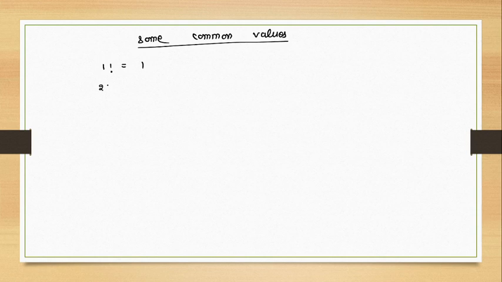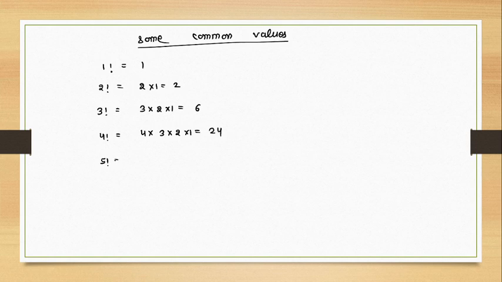2 factorial, what is 2 factorial? 2 factorial means 2 into 1. What is 3 factorial? 3 factorial means 3 into 2 into 1 means 6. What is 4 factorial? 4 factorial means 4 into 3 into 2 into 1 means 24. 5 factorial, 5 into 4 into 3 into 2 into 1 means 120. In the same way we can find 6 factorial, 6 into 5 into 4 into 3 into 2 into 1